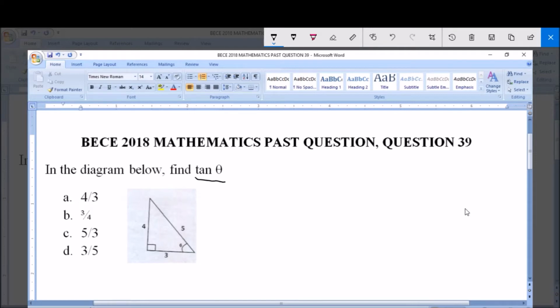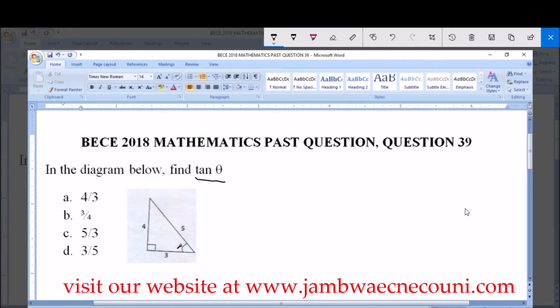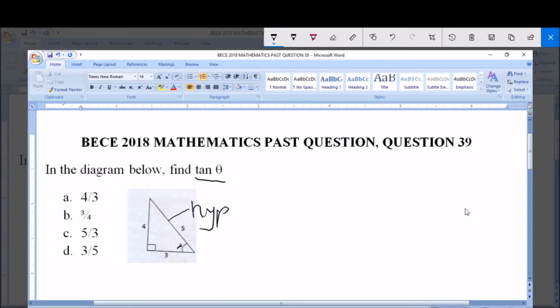This is the theta, this angle here, this is theta. And you know that when you have a right angle triangle, there are three sides of the right angle triangle in respect to this angle theta here. We have the hypotenuse. This is the hypotenuse. We have the adjacent. This is the adjacent. Then we have the opposite, that is opposite to the angle. This is the opposite. Now we are asked to find tan theta, and like we know from the mnemonics,